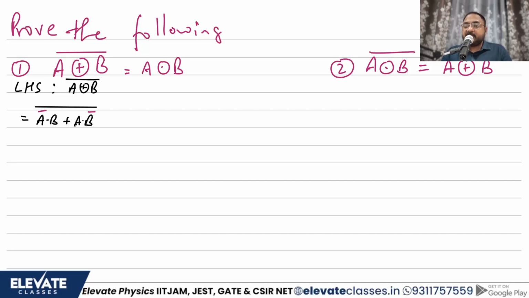So do you remember what we were doing in De Morgan's? In De Morgan's, we change the sign and break the complement, right? So this will become A bar B complement, and instead of plus I can write dot, A dot B bar complement. What I have done, I have broken the complement and I have changed the sign from plus to dot. So De Morgan's successfully applied.